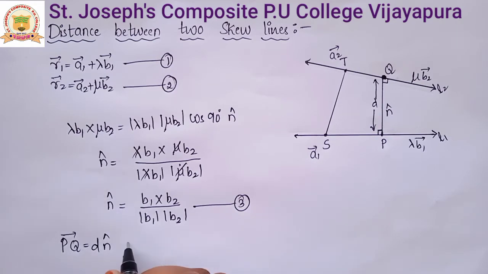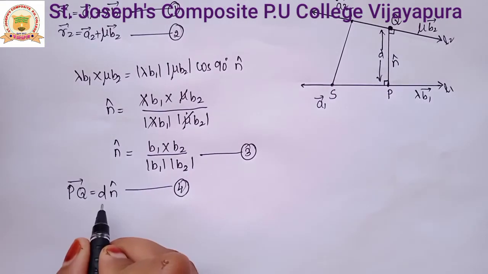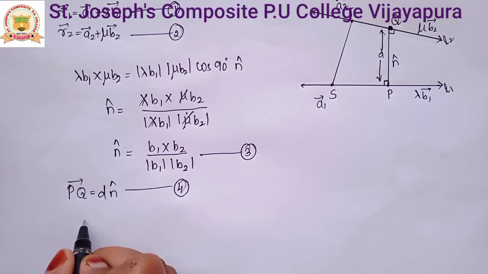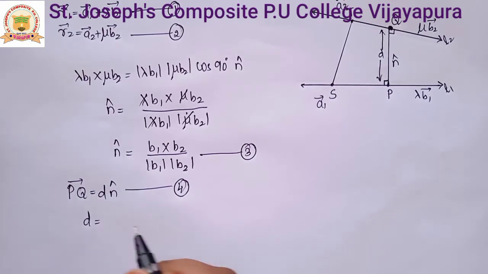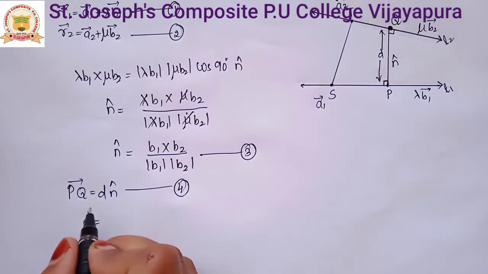Take this one as equation 4, where d is the magnitude of the shortest distance vector. And also d can be written as d is equal to magnitude of ST